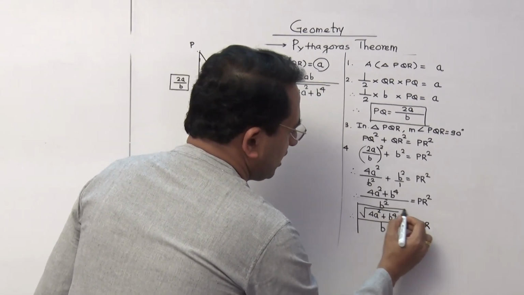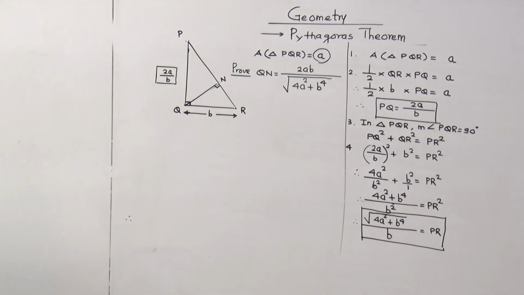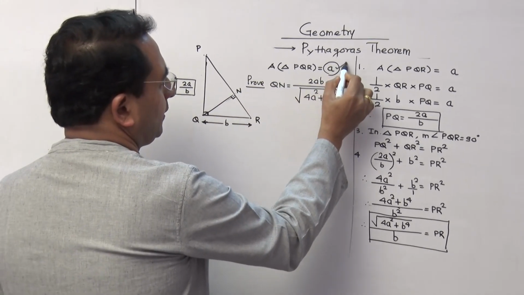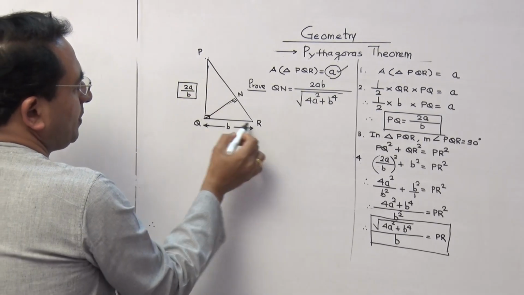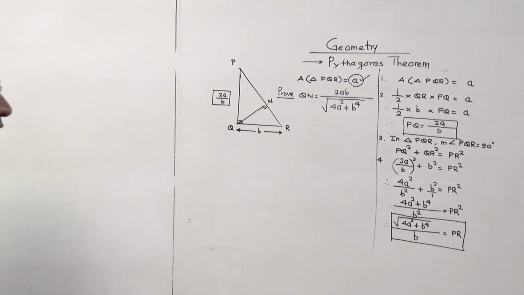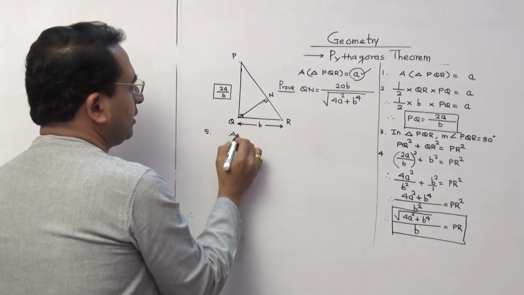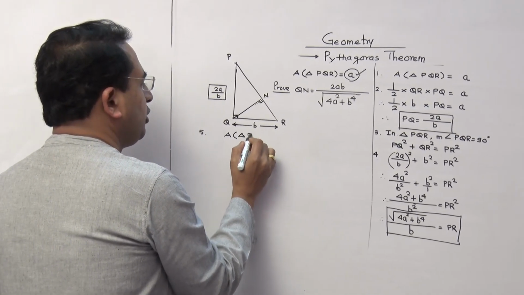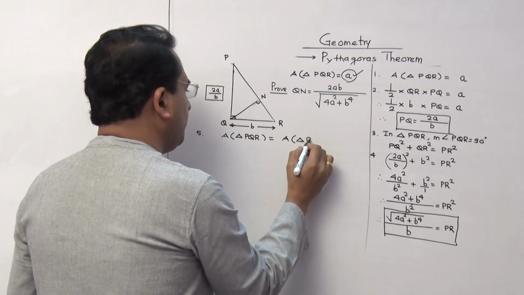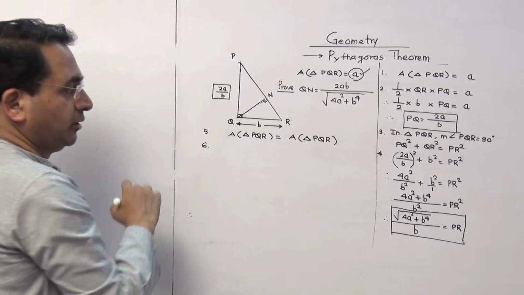See, if the question is asked for 4 marks, definitely you are bound to get 2 marks for these two calculations. One is finding out PQ depending on the value of a. Then by using Pythagoras theorem, we can find out PR. Now there is a simple logic which we are using. You please concentrate on this statement. I am writing here area of triangle PQR is equal to, again I write area of triangle PQR. It looks funny, but there is some standardization here.